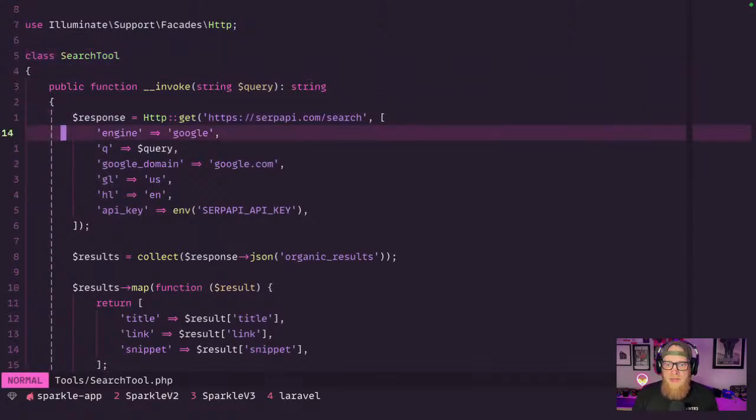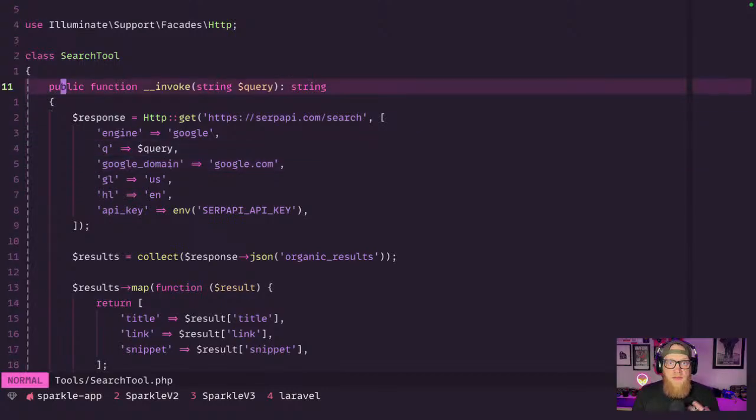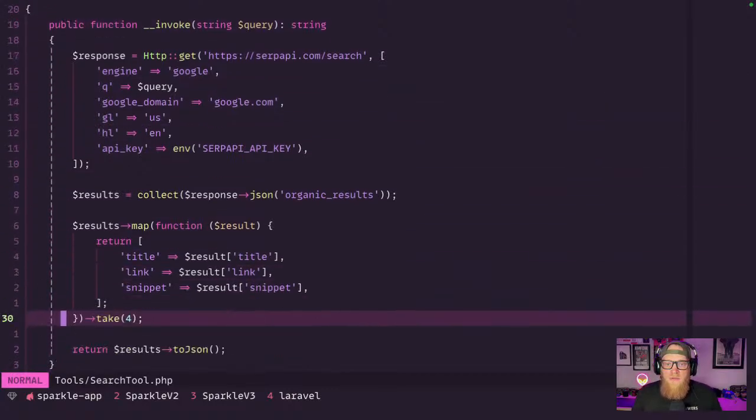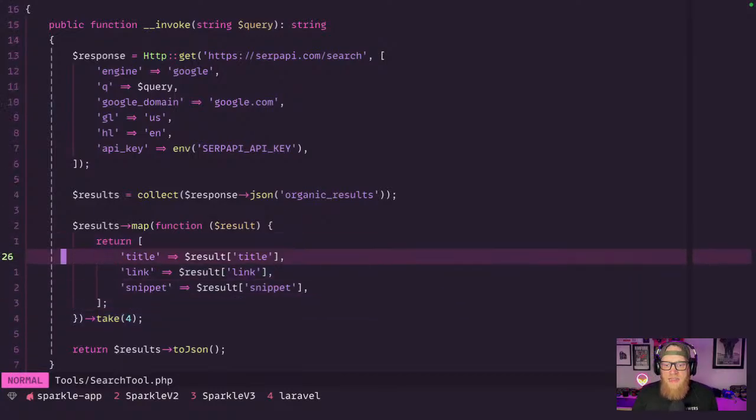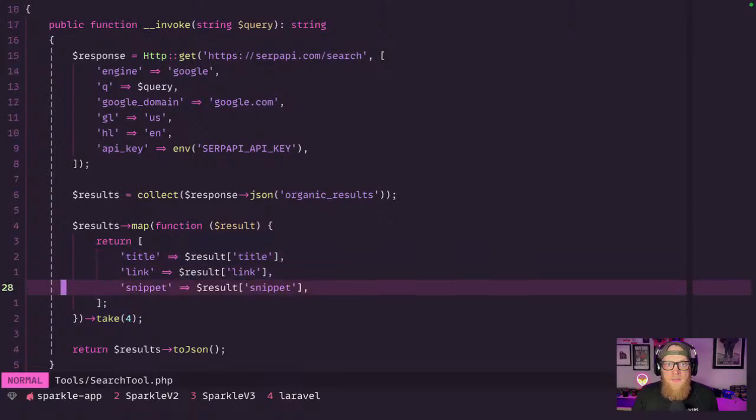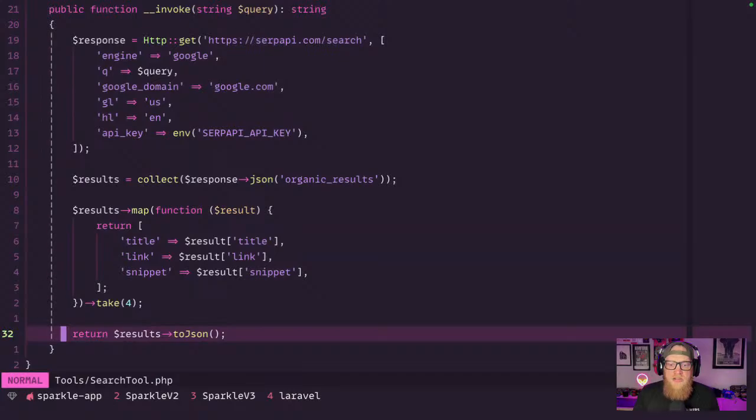We use the SERP API and we pass the query that the agent wants to use. So the LLM will say, hey, based on your chat message, I should use the search tool, and it chooses to use the search tool and gives us the query we're going to search for. We go through the results, take the top 4 results, and pass the title, the link, and the snippet that comes along with the link. When you see a Google search, the little snippet underneath the link, we pass that along for the ride. Then we're just serializing that collection of arrays